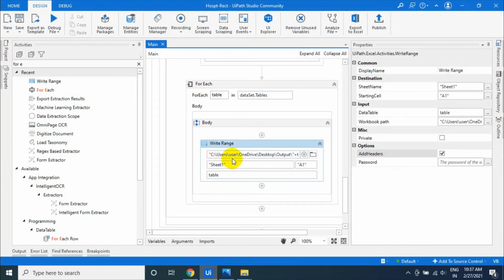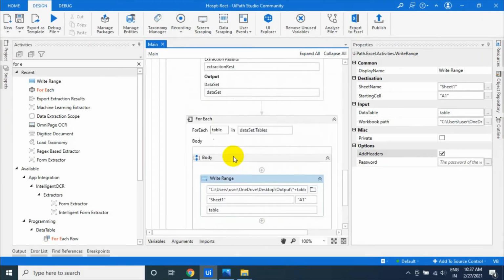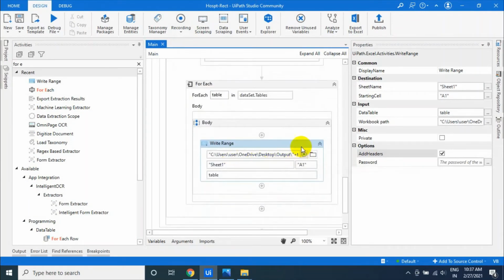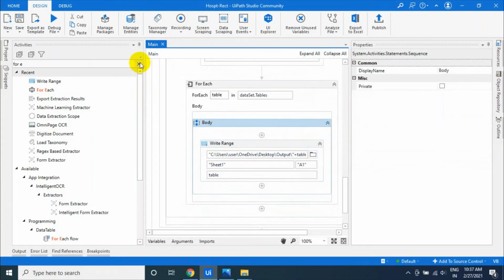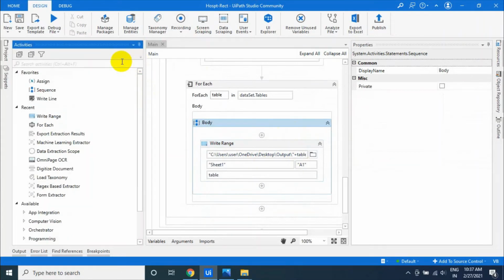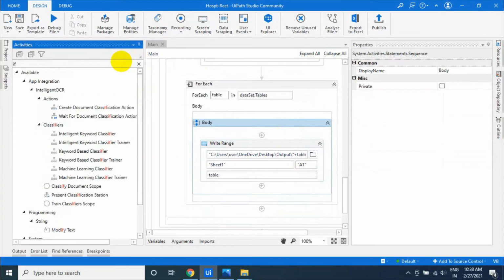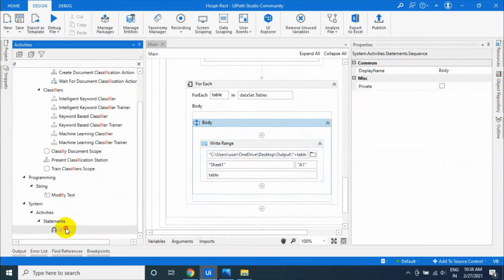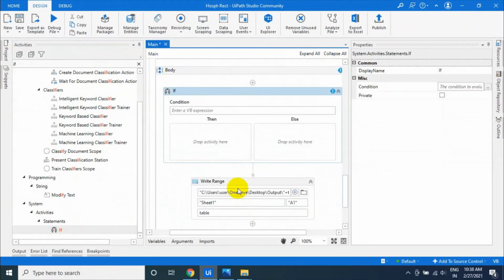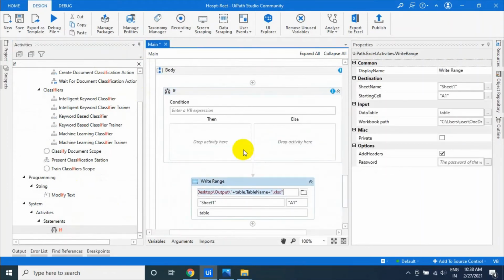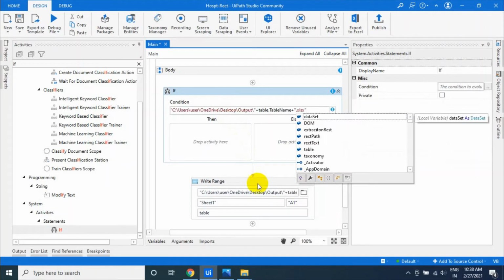What we can do is, suppose for example, an if condition: if this Excel file is already there, we will just append.